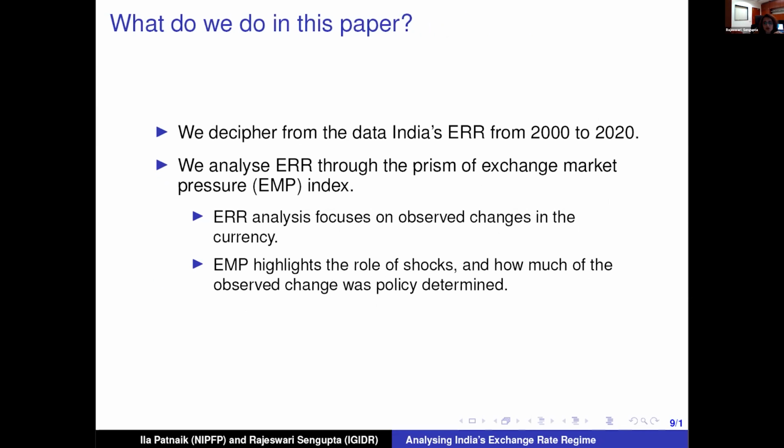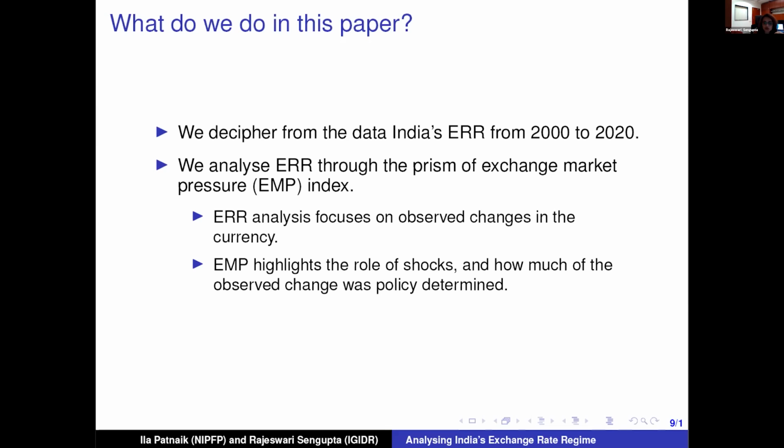The reason this is important is that the exchange rate regime literature focuses on the observed changes in the currency, or the actual changes in the exchange rate. As I was mentioning earlier, the observed change is a function of both shocks and central bank policy. Just by applying some of these exchange rate regime methods, we can't comment much on what the shock was or what the policy management was like. If you bring in exchange market pressure as an additional layer on top of that, then we can understand the role of the shocks. And by looking at how EMP was managed, we can comment on how much of this observed change